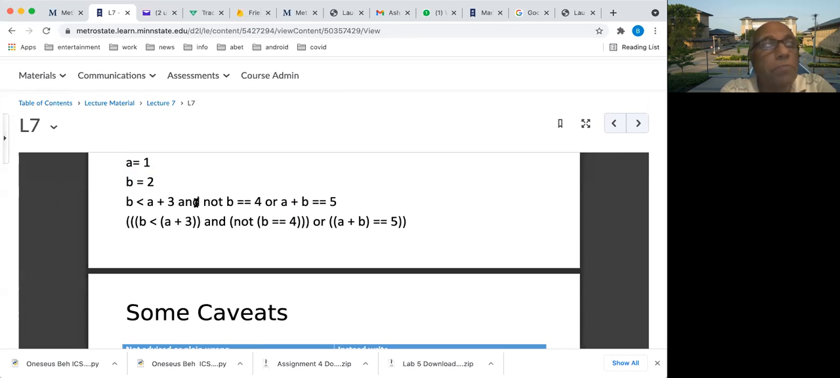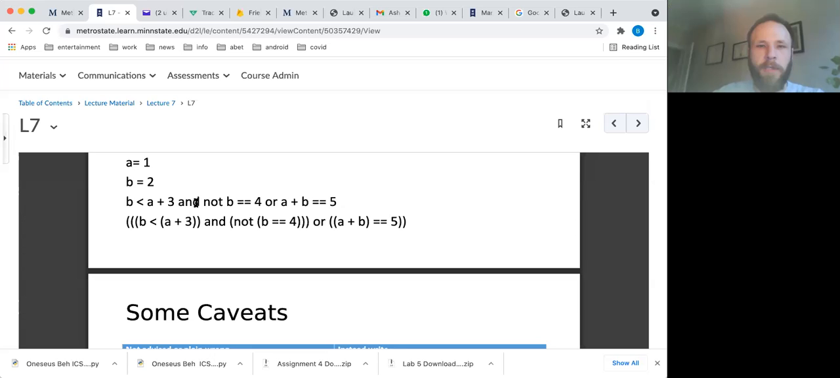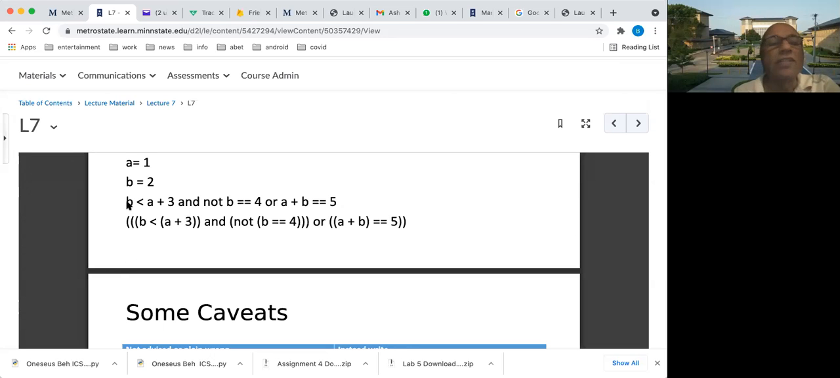Is it a number? Is it a string? Or is it something else? It'll be a Boolean true. Very good, fantastic, thank you. B less than A plus 3, either that is true or that is false. That depends on B and A, right? So this is either true or false. So that true or false is taken,